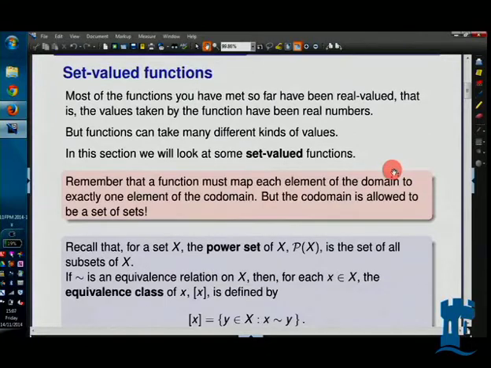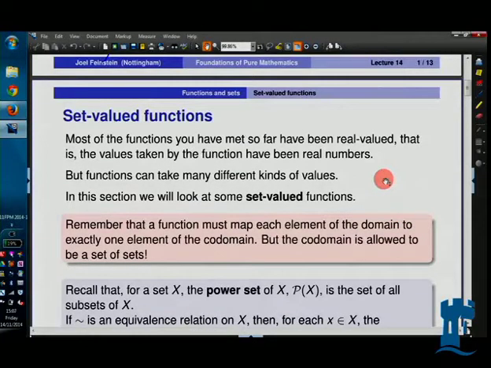Now we're going to start with something a bit different, because although I gave you an abstract definition of function last time, most of the functions you've actually met have taken values that were usually real numbers, maybe sometimes complex numbers. Maybe occasionally you've had functions where the value was a vector or something like that. But you haven't usually dealt with functions where the value the function takes is something strange like a set. Okay? So I'm going to give you a few examples of functions where the values taken by the function